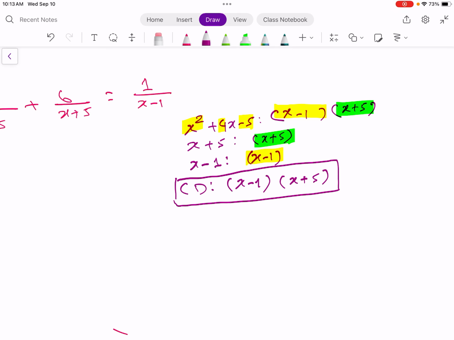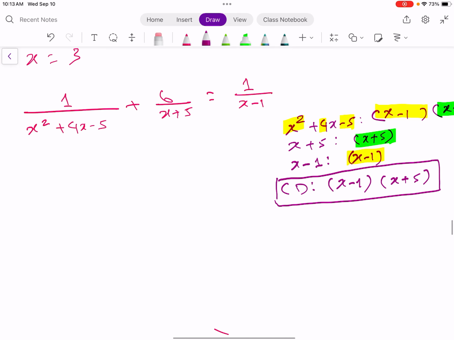Now we multiply each expression by this common denominator, okay? So you multiply, let me add here, by x minus 1 times x plus 5. Make sure you are multiplying every term, okay, by this common denominator, x minus 1 times x plus 5. Okay, now once you multiply by the common denominator, there